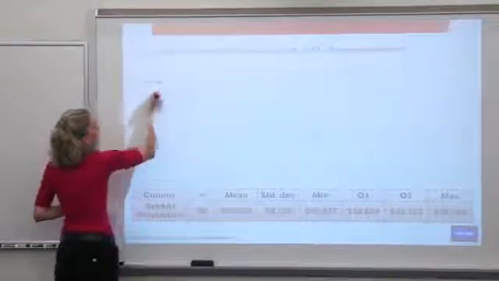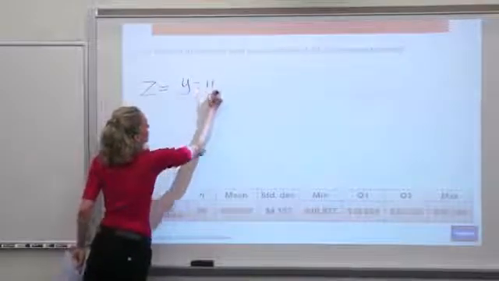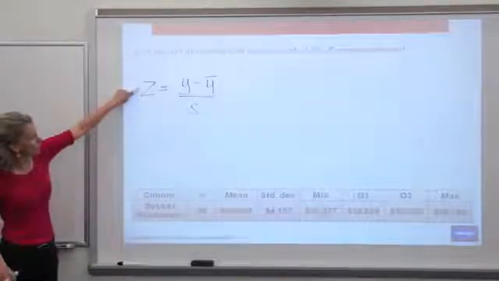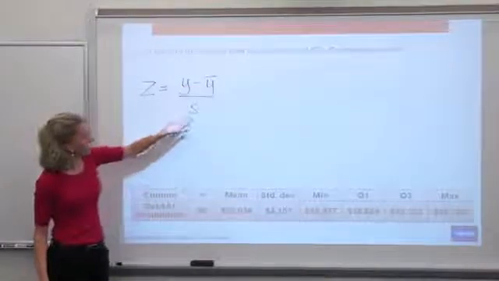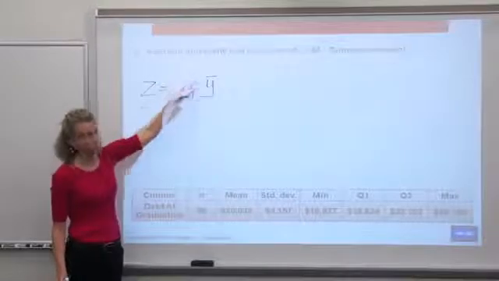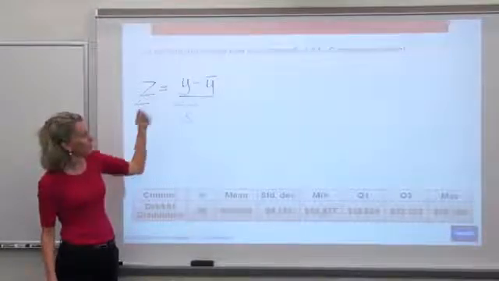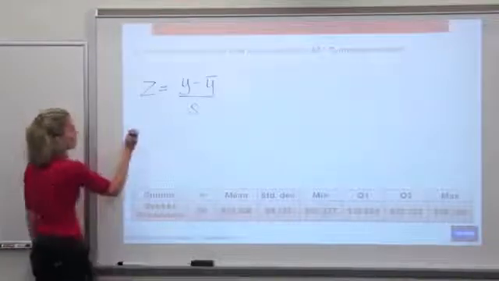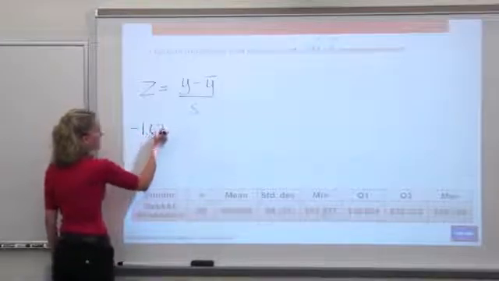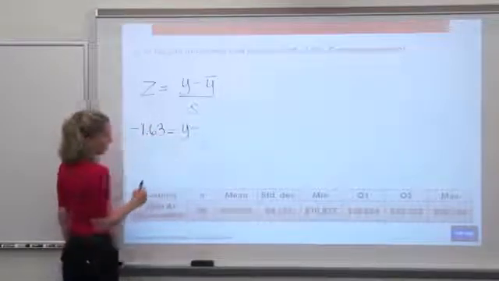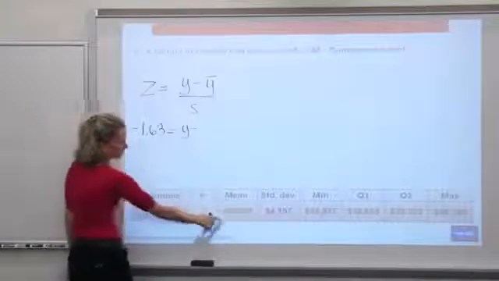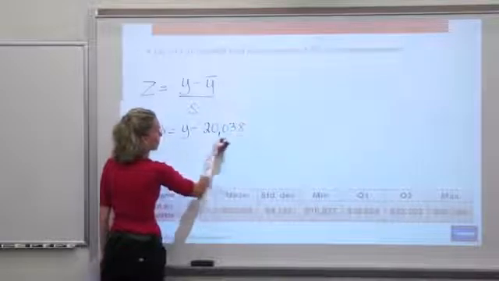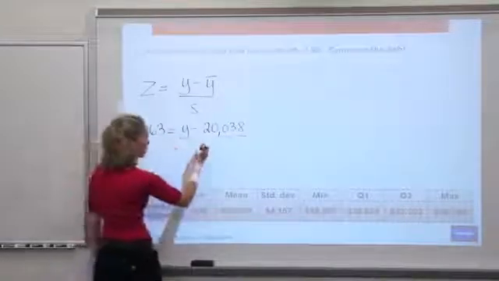So let's start with our Z-score formula. And this time we know the Z-score. We know the average debt, we know the standard deviation. What we don't know is what the actual debt was. What was the data observation that corresponds to that Z-score? So we'll fill in what we know and solve for what we don't know. So we don't know the observation. The average is still $20,038. And the standard deviation was still